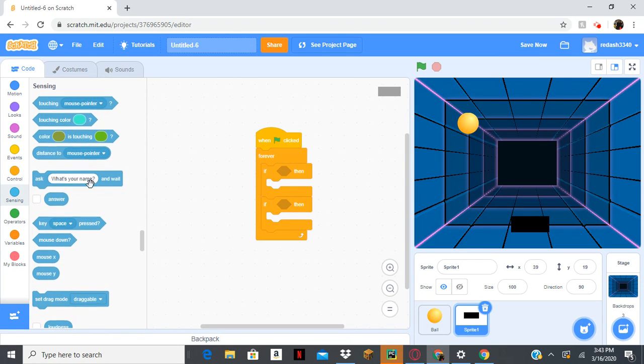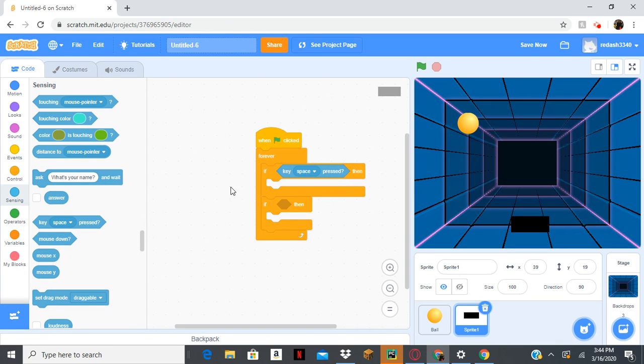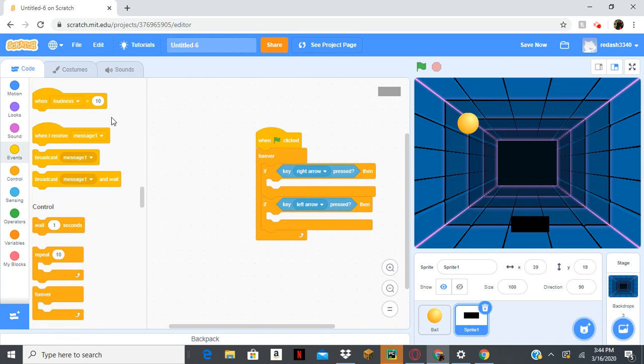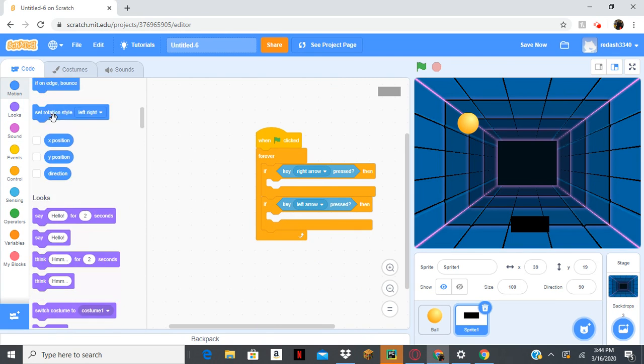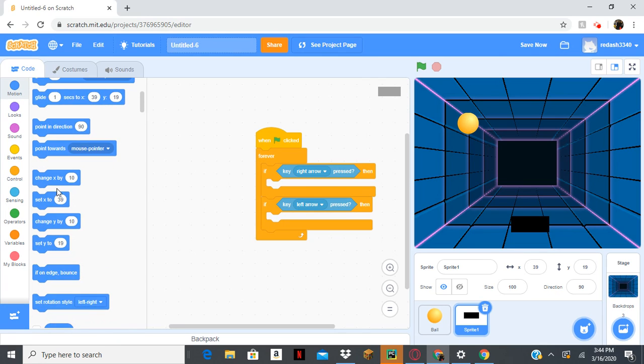And in this case, it'll be if a key is being pressed. So you want to get to sensing and drag two key space press blocks. And you want to change them to right arrow and left arrow. So now once you've done that, you want to go up to motion, and you want to, for right arrow,